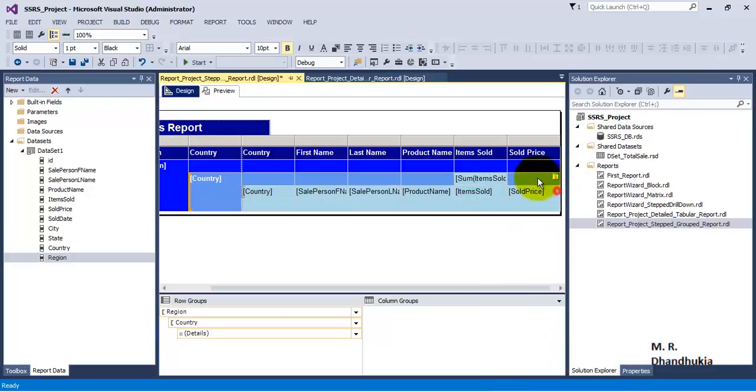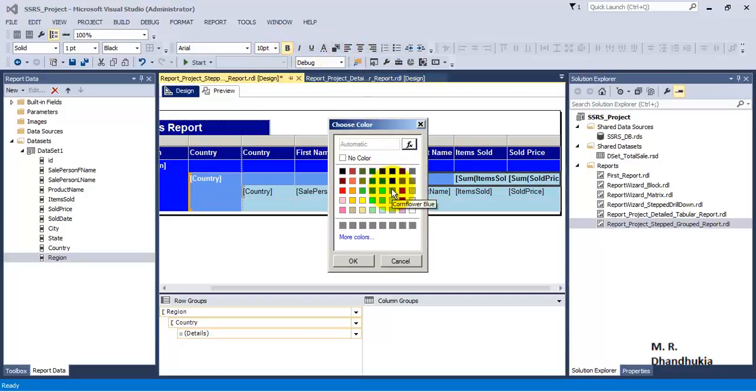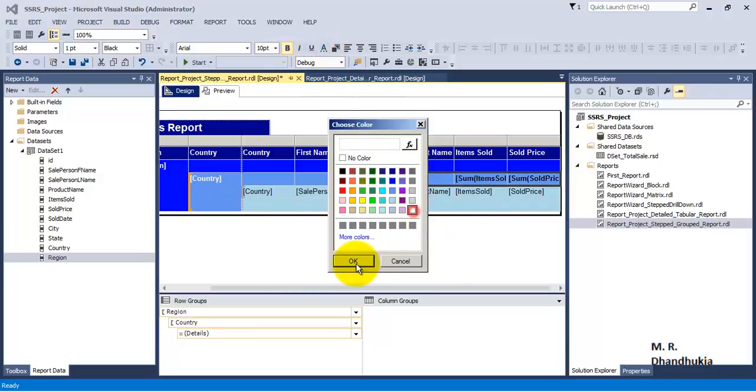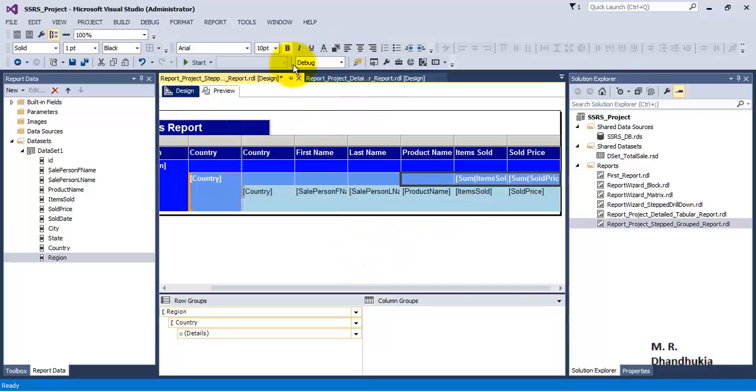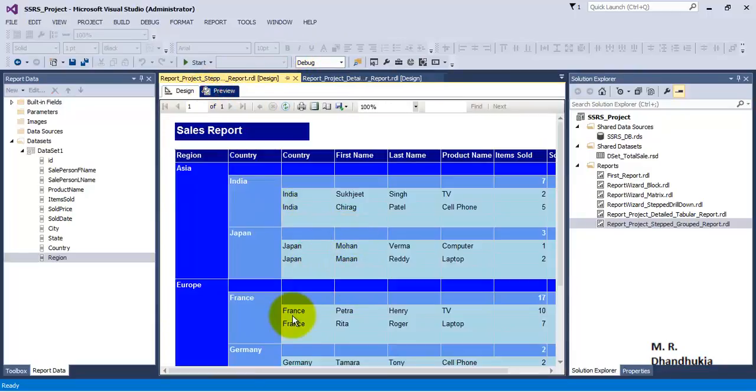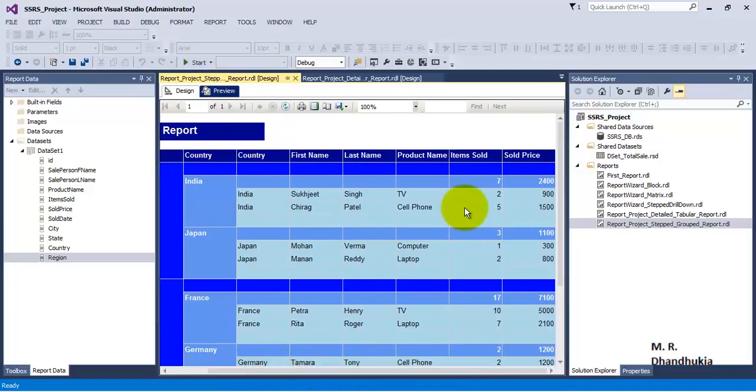Okay, select this, put this over here, and you may have to just do the formatting once again. Okay, so make it bold, let the color be this one, and let the fore color be white. Okay, so if you see the preview, we can see that for country India, the total that is being displayed